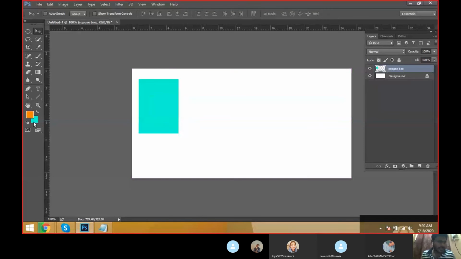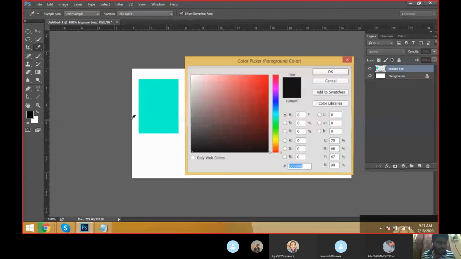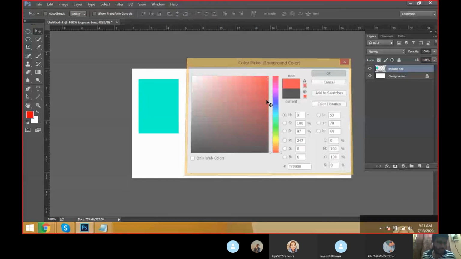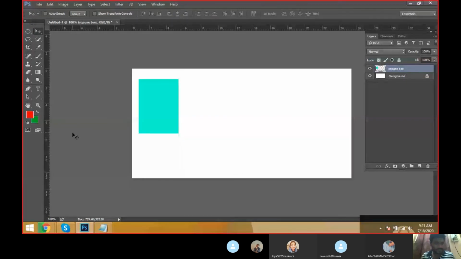Okay, see the colors we selected here, but I need the default colors. These are the colors we selected, but what are the default colors? How do we get the default colors? Using the shortcut key on the keyboard, D is for default colors. When you switch from any colors to other colors, the default colors, black and white, come back using the shortcut key D.